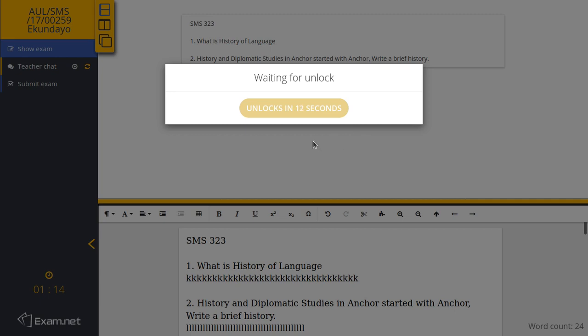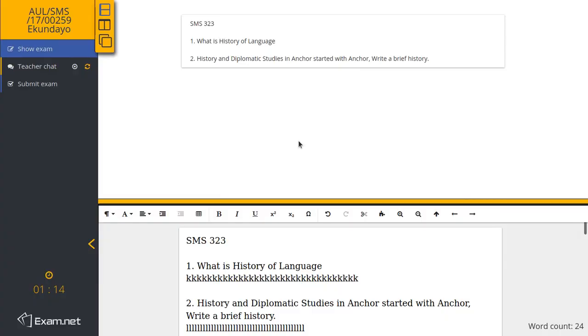We tell them that you lose some marks and you lose some time if you leave the page that you are writing on. So fine, it has completed, it has opened up again, the students can continue, and finally